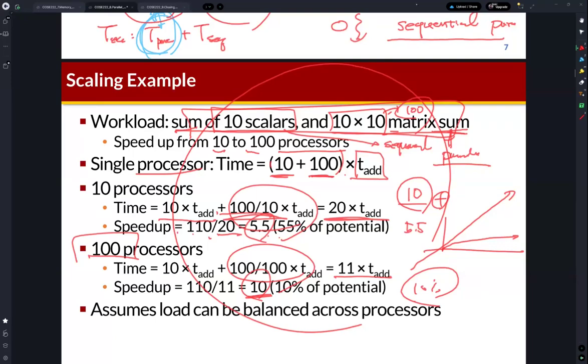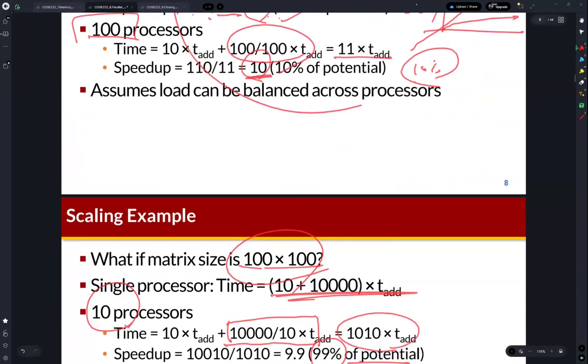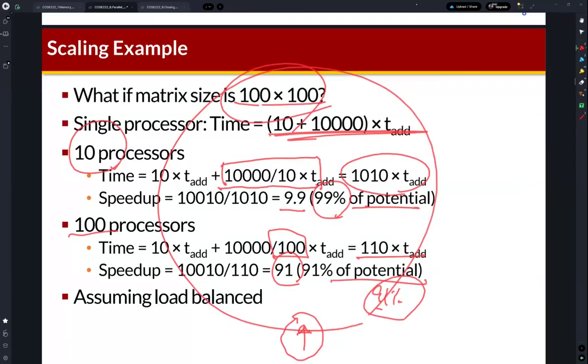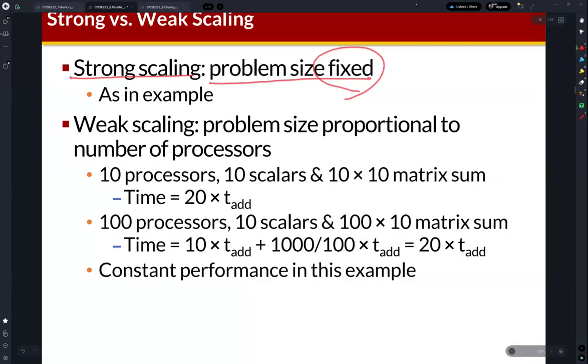So this is the strong scaling. But weak scaling, like this example, in order to benefit from the parallel processor architecture, we can also increase the fraction of parallelizable part, right? Like this. So weak scaling means that problem size is proportional to the number of processors,